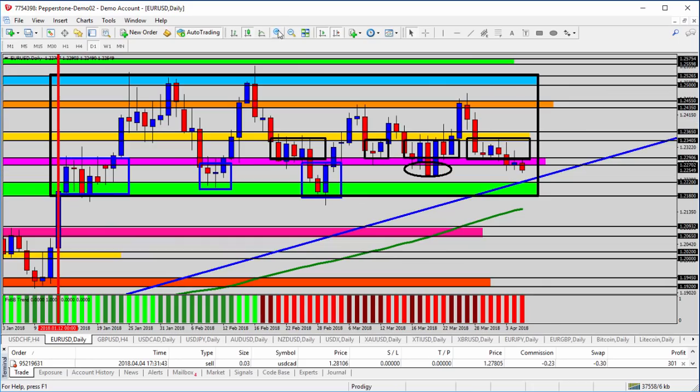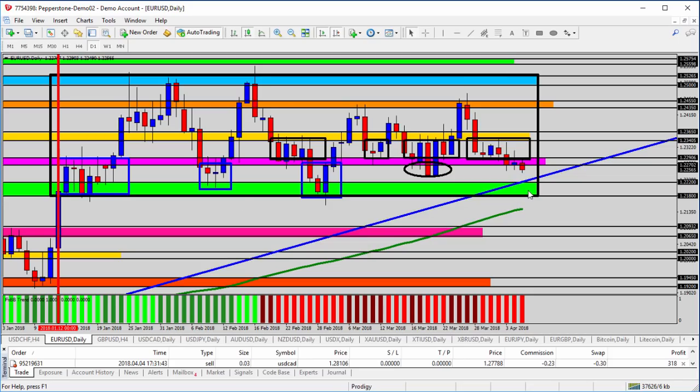Let's go ahead and zoom it back in, and now you can see that black box, everything to the right of the left hand side of the chart. We've been stuck in that range. We've also had smaller periods of congestion within that range. I've highlighted them with some boxes here, the blue boxes between the pink and the green zone, the black boxes between the pink and the yellow zone. We've been stuck for the past 4 or 5 days between the yellow and the pink zone, now breaking, or attempting, I should say, to break underneath 1.2270 and pressure back down to the bottom of the longer term range,